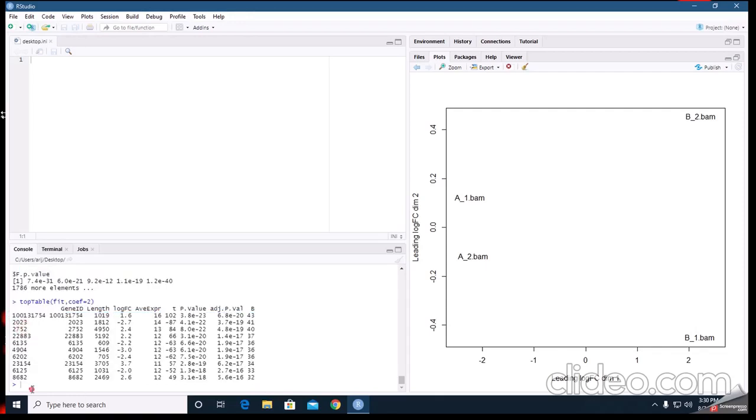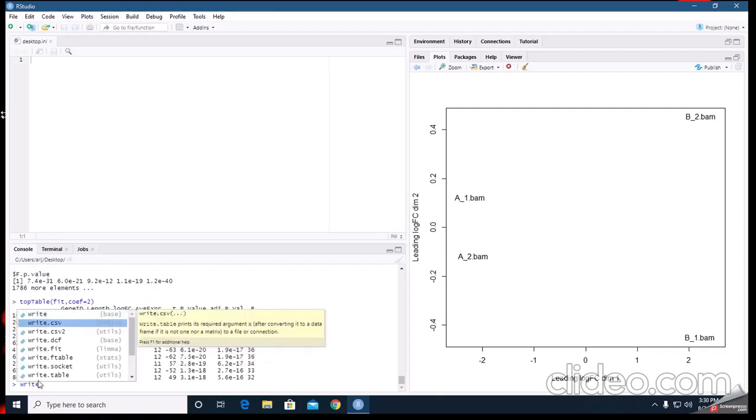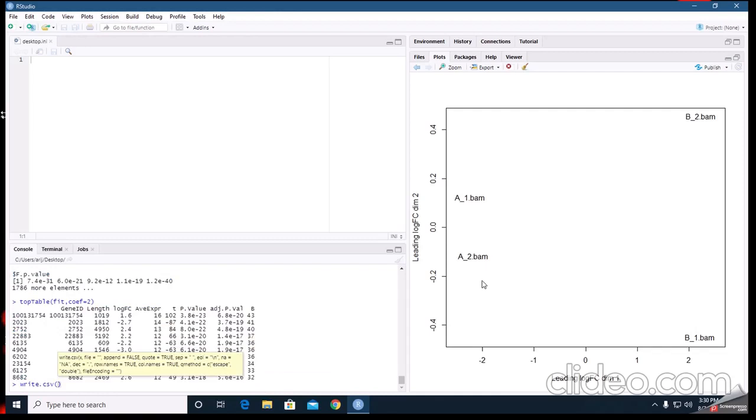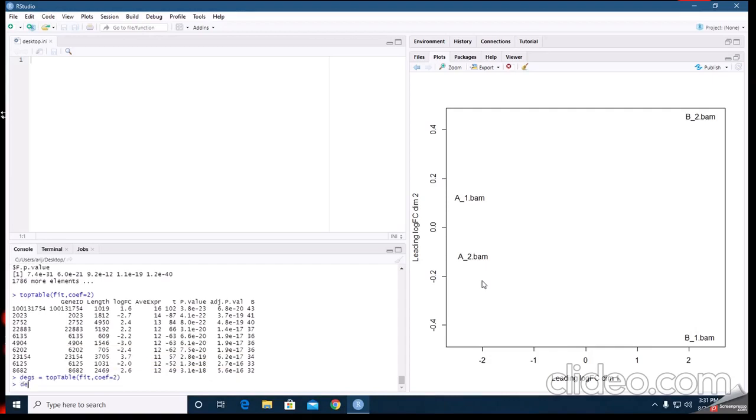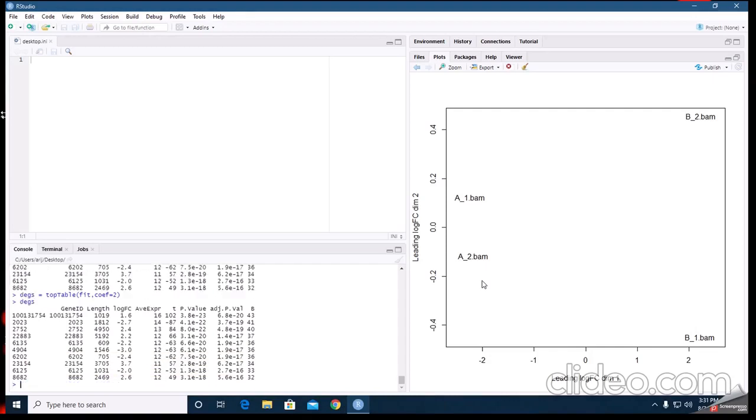Okay, now I am going to save this file in CSV format. First we have to save this top table into some variable. I declare DEGs as a variable, and now our DEGs are stored in the DEGs variable.